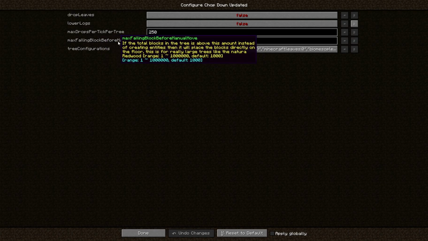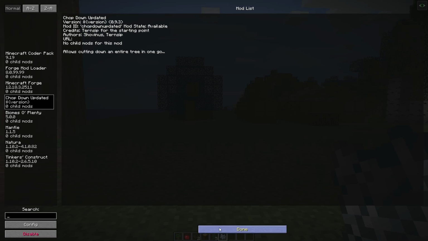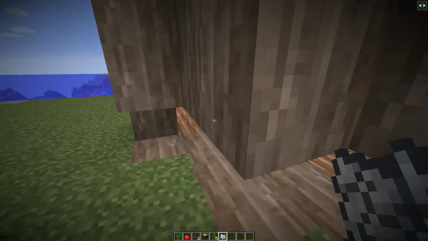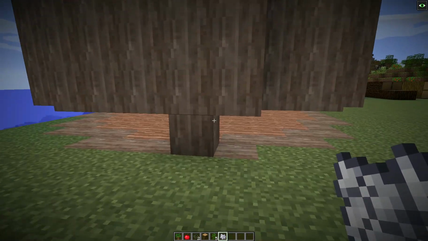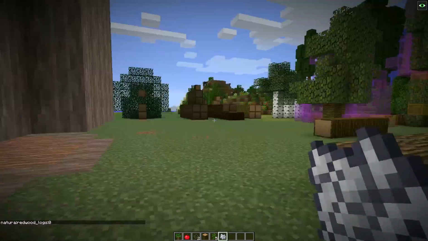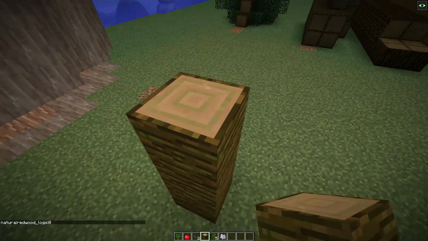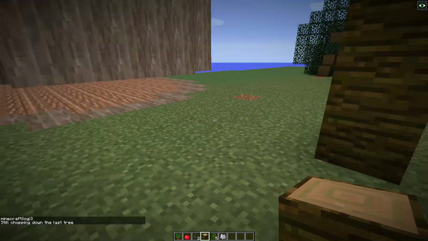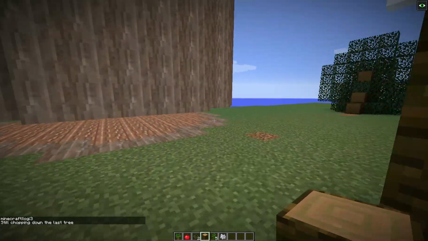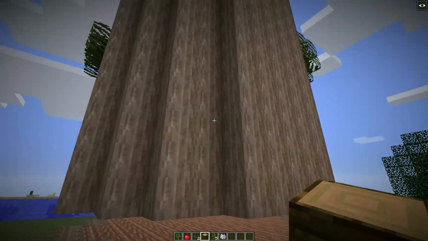So as I was saying, this is the maximum total blocks before it'll try and do a manual move again to reduce server load. So if I chop this down, now you see it's timed out. Now if it's not timed out, I can still do other stuff in the game, but it won't let me chop down another tree. It'll say still chopping down the last tree. This means that other people can get on with playing the game while you wait for it to calculate this